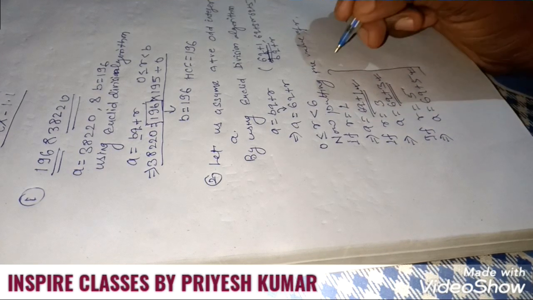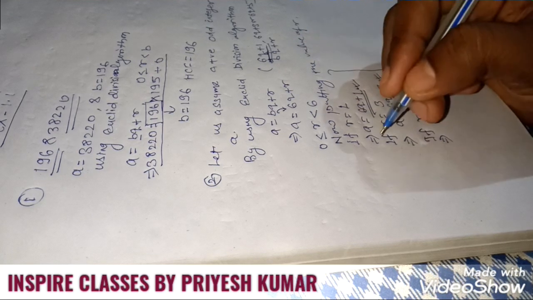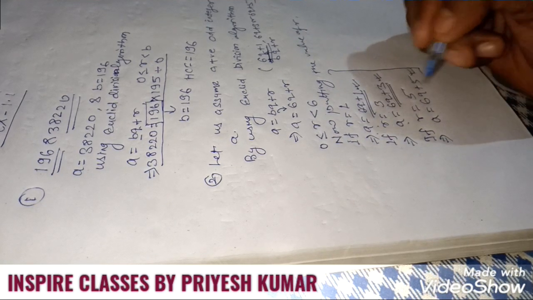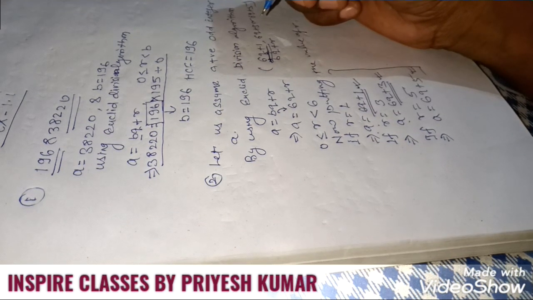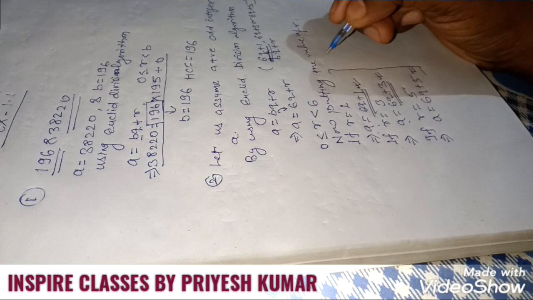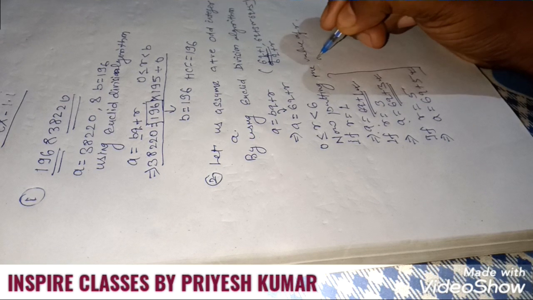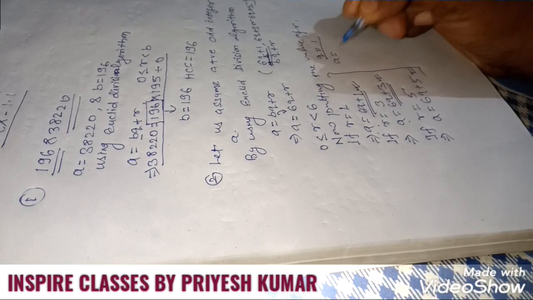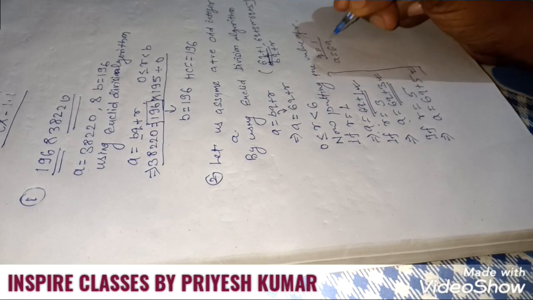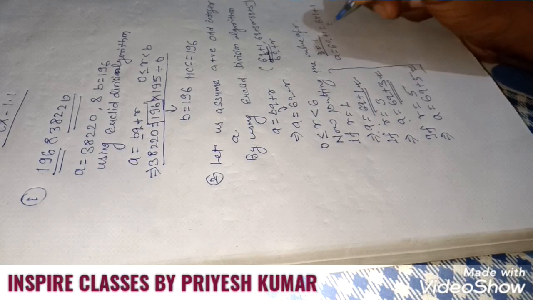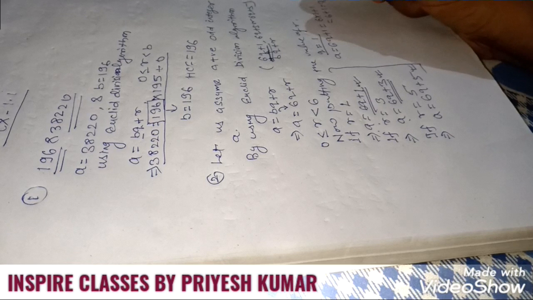Now we will verify it. How the expression will be turned into a positive odd integer. As you observe the question, you will find out q is some integer. That's why we can put the value of q any integer. If we put q is equal to 1, the expression will be A is equal to 6q plus 1. That's why 6 into 1 plus 1, 6 plus 1, that will be 7.